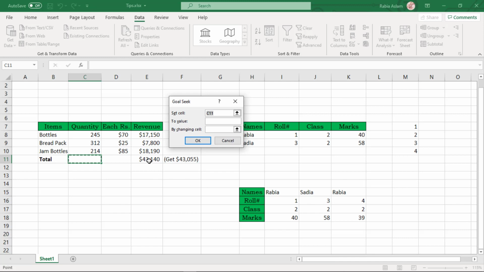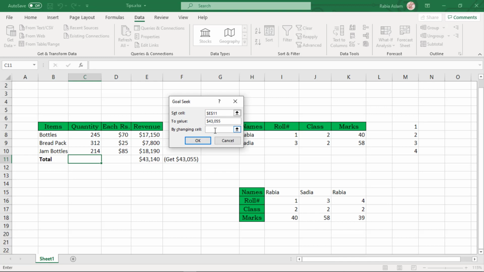Next is to value. Here you have to enter the target value to which you want to set your cell. So I am entering $43,055. By changing cell, here you have to enter the address of that cell whose value you don't know.